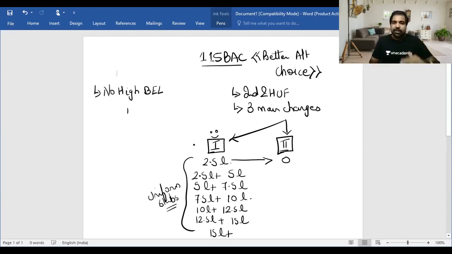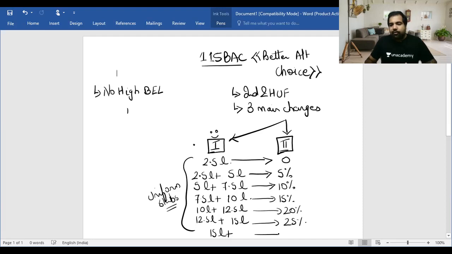Coming back, the rates are systematic. From 0%, next is 5%. Steady increase. Next is 10%, not a 4 times increase. Next is 15%. Next is 20%. Next is 25%. And finally, it is 30%, guys. Here, see the increase, and you don't have to mug this up, honestly. It's a very systematic thing. From 2.5 lakhs, keep increasing 2.5 lakhs worth of slabs. And here, on the other hand, you increase the rates by 5% till you get to 30%. It's a very, very steady, smooth increase.